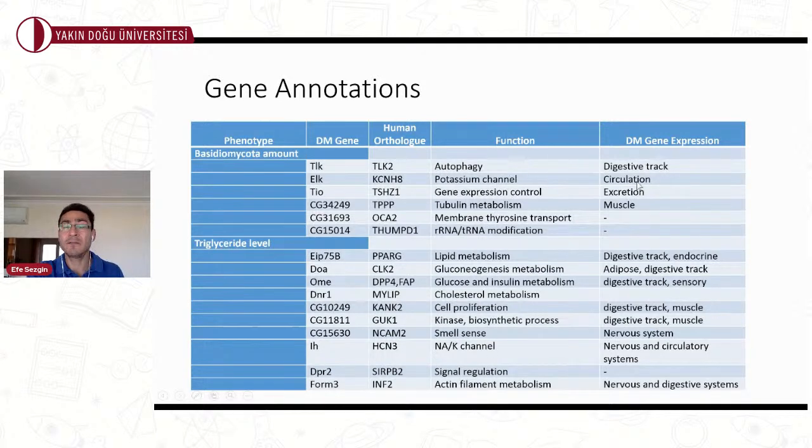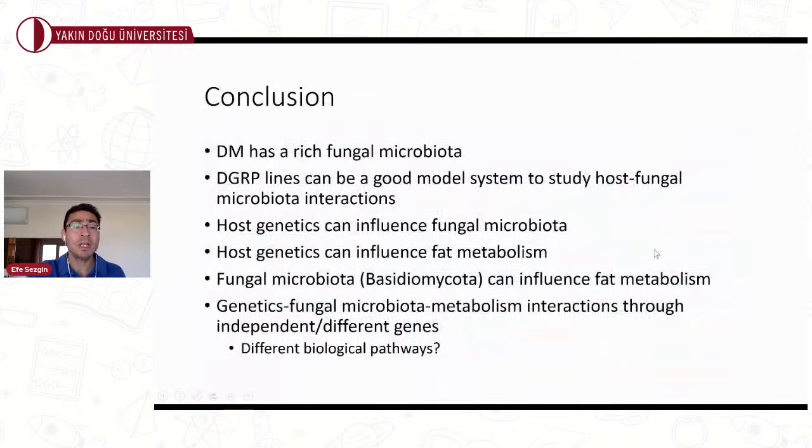And we also checked the databases in terms of Drosophila gene expression, and the genes are actually expressed in meaningful tissues. Okay. So in conclusion, at least this short conclusion, what I told you so far is that Drosophila, even in these inbred DGRP lines, seems to have a rich fungal microbiota. And as you can see, these DGRP lines can be a good model system to study